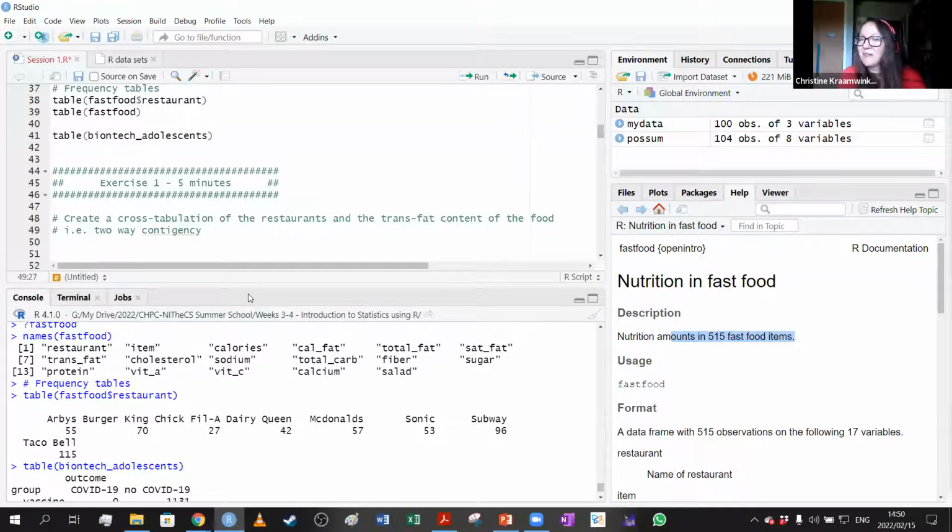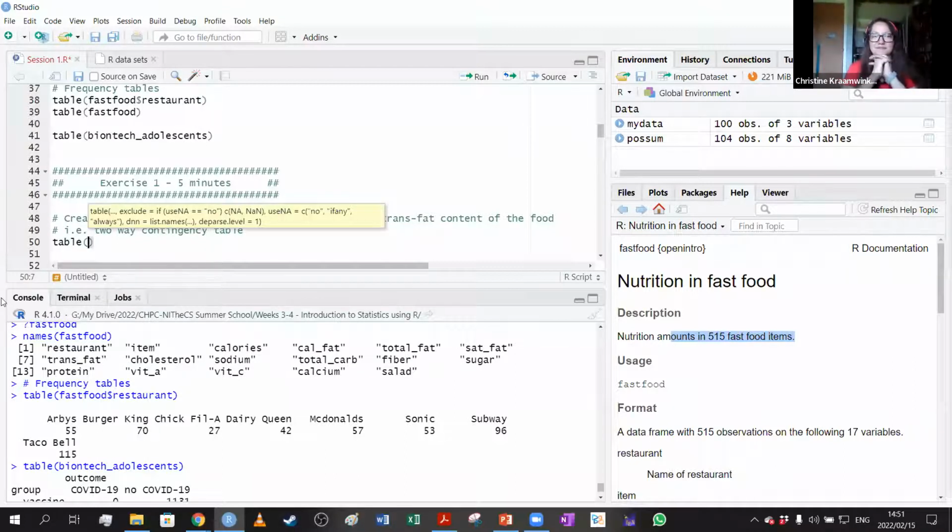I can also type and we can see together what happens with the functions. I'll give you a clue. It does start with table. And then we just need to add something in there.